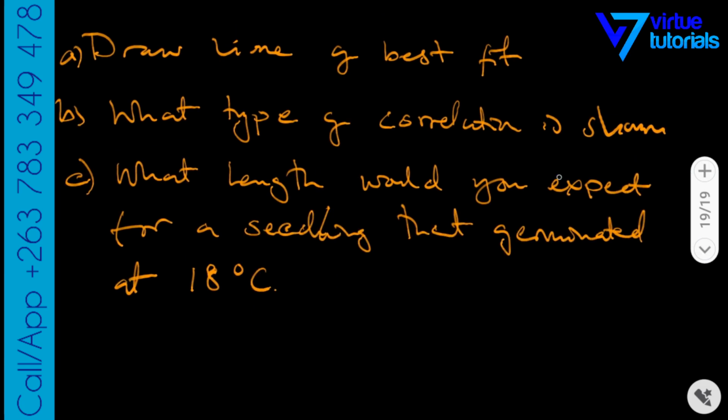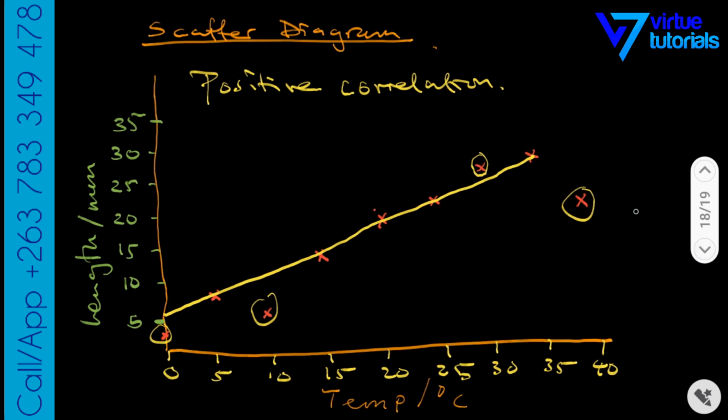And the last thing is, what length would you expect for a seedling that germinated at 18 degrees? So 18 degrees is temperature. We're going to go to the temperature axis and identify where 18 degrees will be. So 18 degrees, let me just use another color, would be somewhere here. I presume that's where we can expect 18 degrees Celsius. What we need to do is, with your ruler, go straight upwards until you come in contact with the line. And then when you've done that, you go across